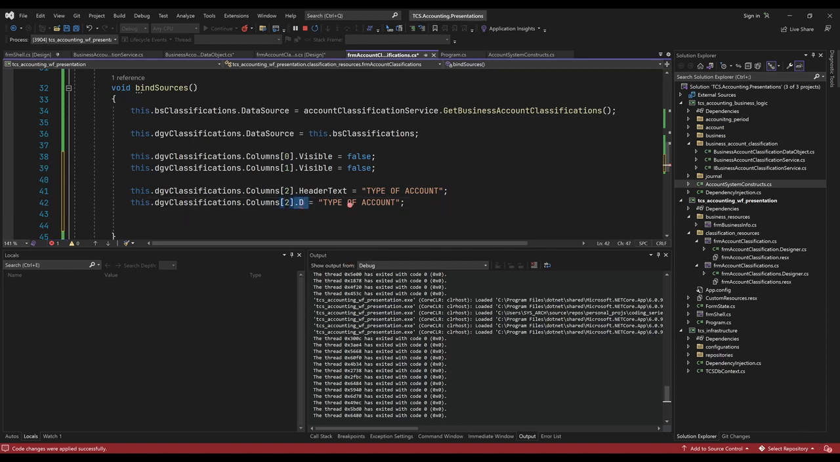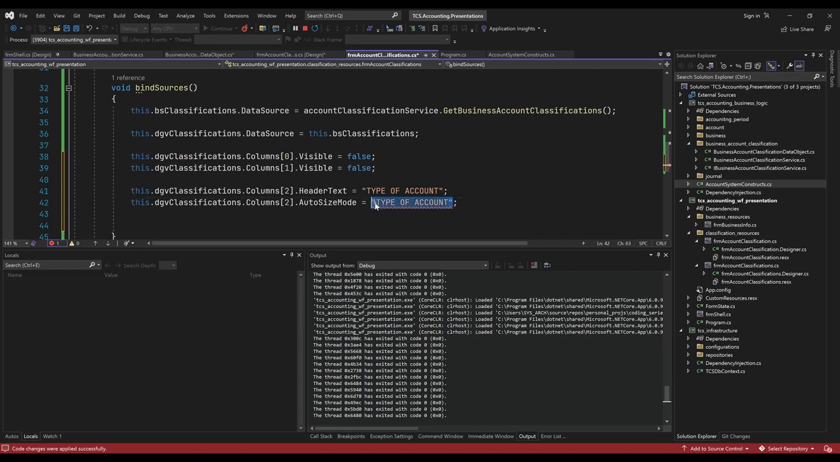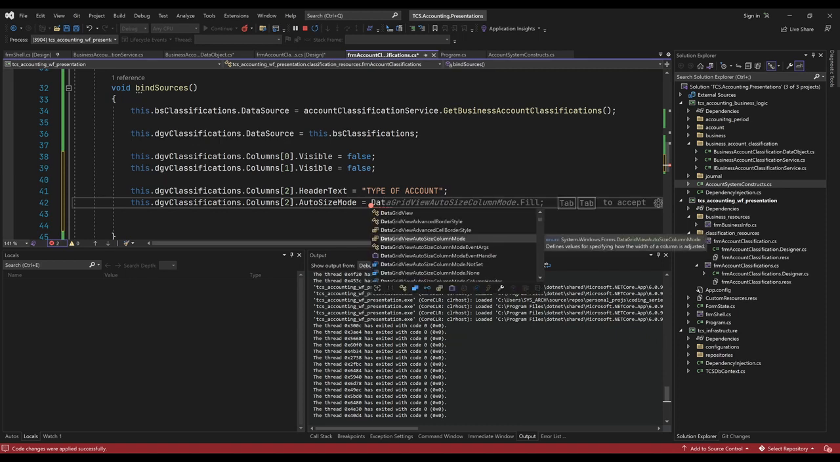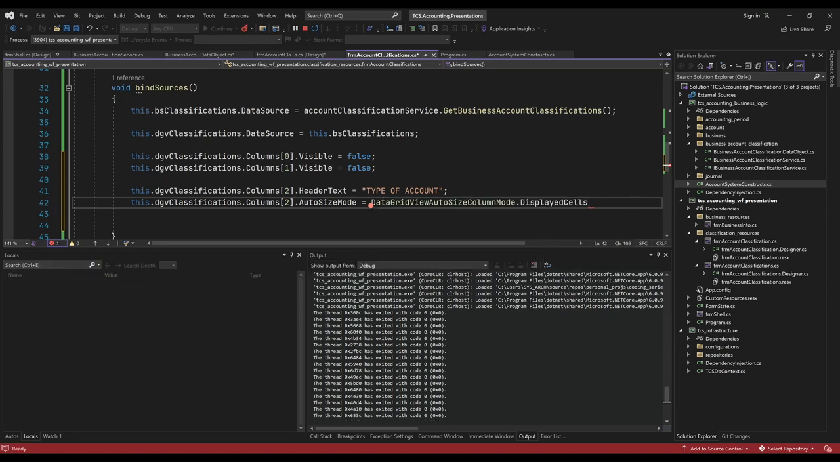So here we can come in and say that we have the auto size mode for the content. We can format the grid view auto size. Yeah, this is a property, display cells. All right, that is what I want. And we can duplicate this for